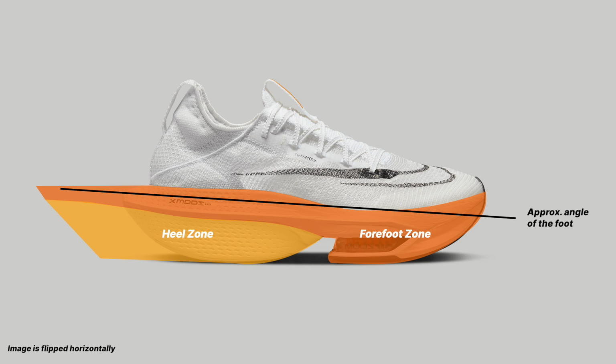Now, the problem with this is that the Alphafly 2, because it had the longer forefoot area, like I said, it would create a dead zone in the middle of the shoe. Right where there is no material, right under your midfoot, you would have a very clear dead zone. So if you ever landed flat in this shoe, I'm a forefoot striker, but I did race in this shoe, and when you get fatigued and your foot strike gets a little less crisp and you're falling back a little bit and you're landing a little flatter, just straight on the shoe, it actually feels like the shoe will just compress or cave in that area right under your arch,